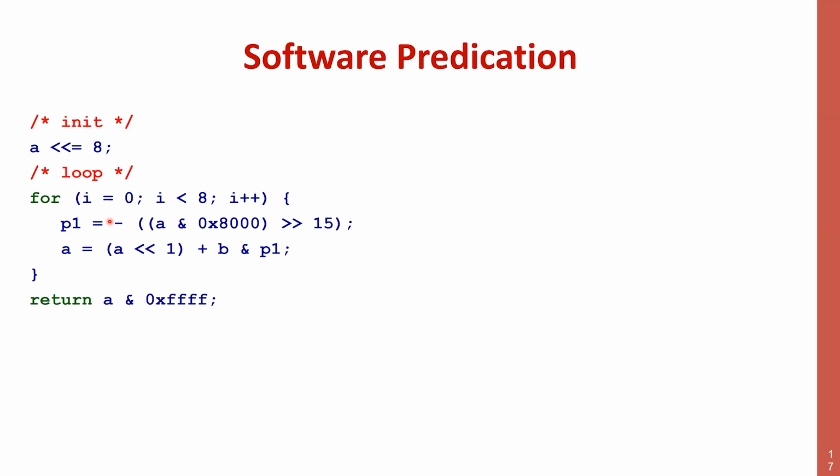What is the magic? It transforms this control dependence, the if-then-else, into a data dependence. It creates a predicate, and it uses this predicate to condition the assignment to